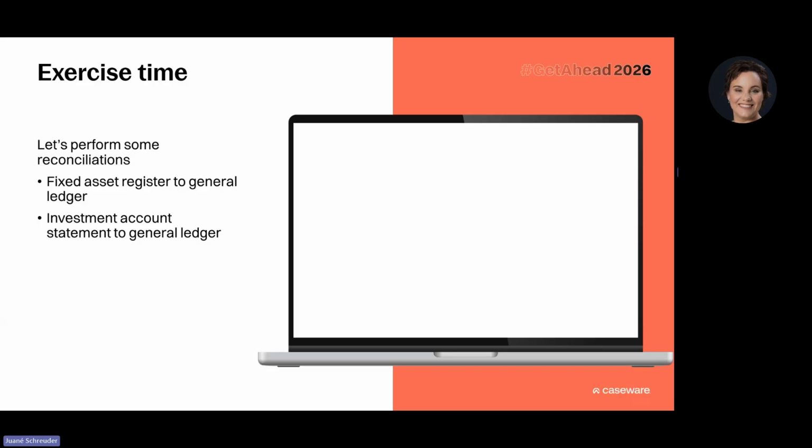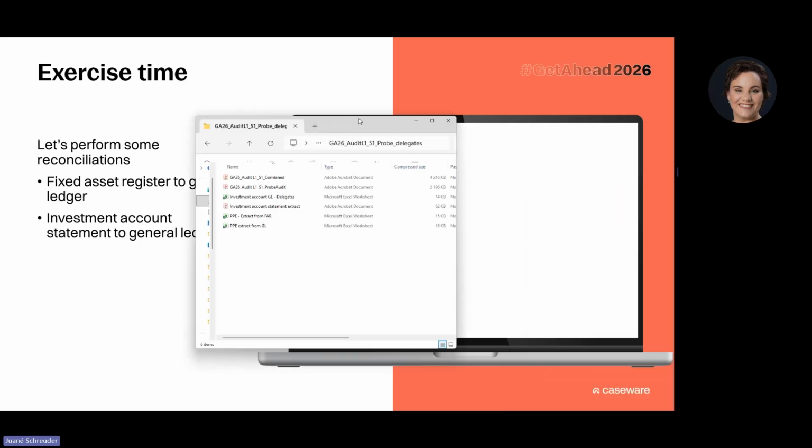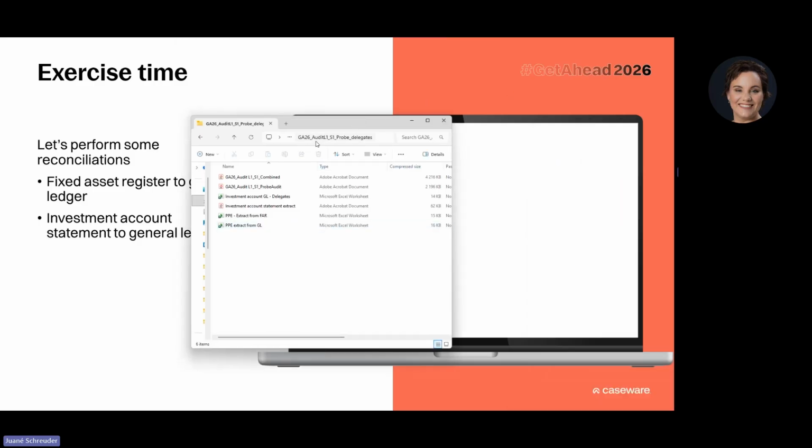So what I've also done is I've downloaded the folder for myself, and I've just opened up the probe section. It doesn't matter whichever one you've downloaded. You will see the slides for our combined session for this morning, and then you will either see the probe slides or the Audit International.